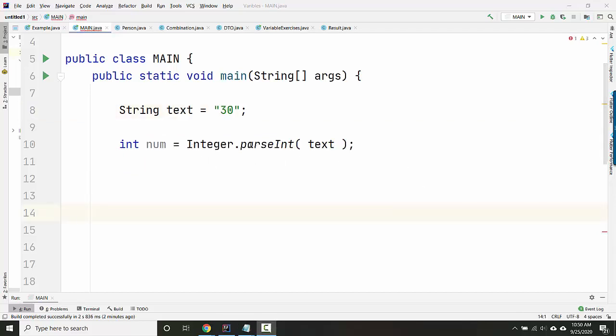So this line here that says Integer.parseInt, the word parse means something like interpret it as something else. So here I've got my text that's the number 30, and it's saved in a variable called text. And the way I convert that text into an actual number I could do math with is I take that text variable and I make it the input to the parseInt command. I know it's an input because it's inside the parentheses here, so it works just like in math class. And what the parseInt command does is it takes that text and it tries to convert it to an integer. And if it does convert it to an integer, it saves the answer from right to left inside the num